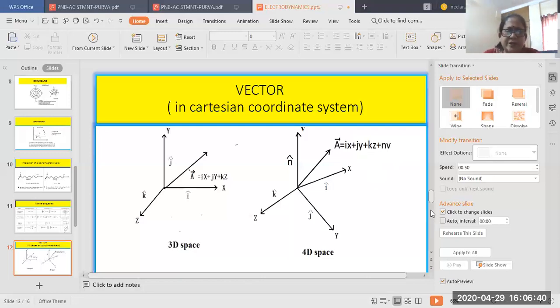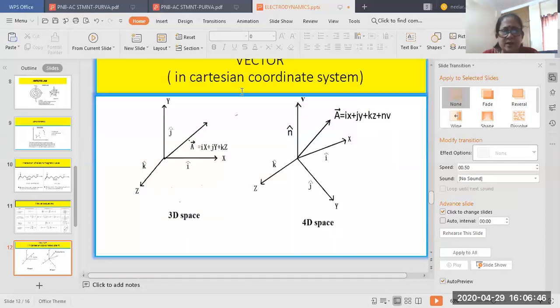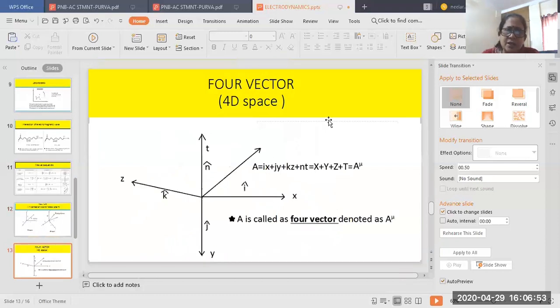So this slide introduces the concept of 4 vectors. Okay, 4-dimensional space, 4 vectors. Fine. Now I will pass to the next slide. So now you see, I am explicitly using the word 4 vector. In the earlier slide I didn't use 4 vector. Purposefully I didn't use it, because I wanted to introduce the 4-dimensional space concept. So now I am using the concept of 4 vector.